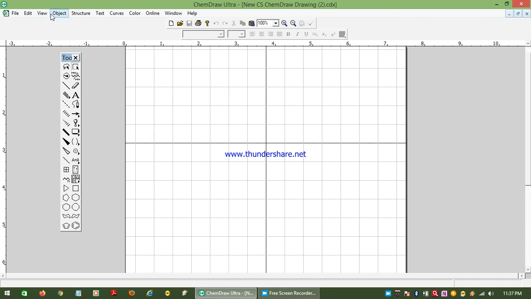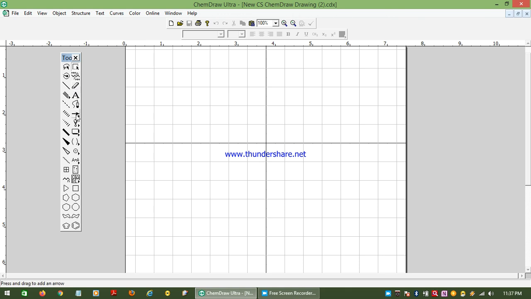As with Word, Excel, PowerPoint, we have different tools available with this particular software. Here, a very important tool is this main toolbar. This main toolbar includes all the required necessary things, like different shapes of organic molecules, then different types of bonds. You have the facility to write some text in your structure, and those are some selection keys.